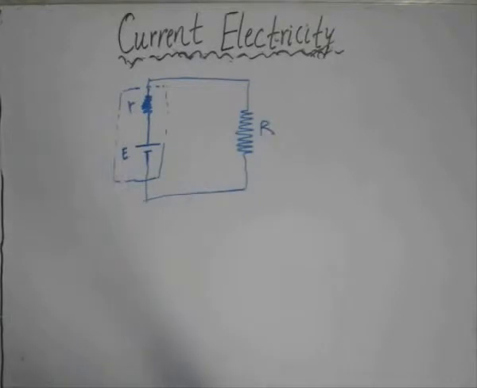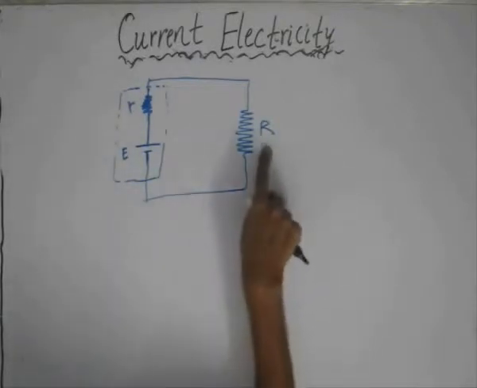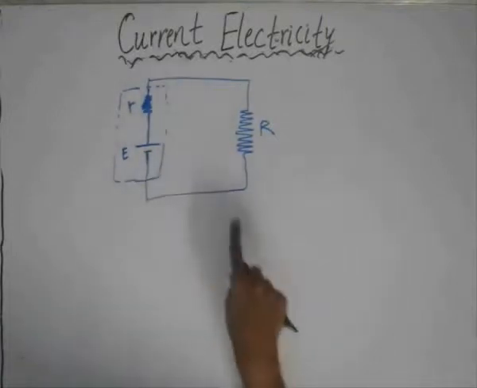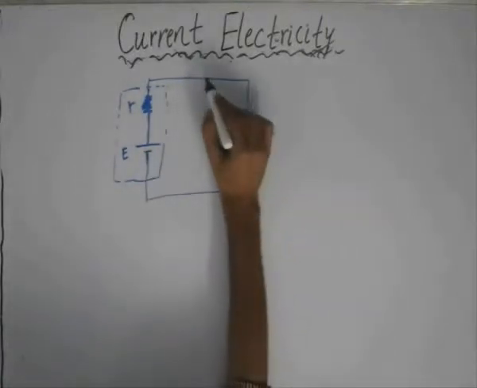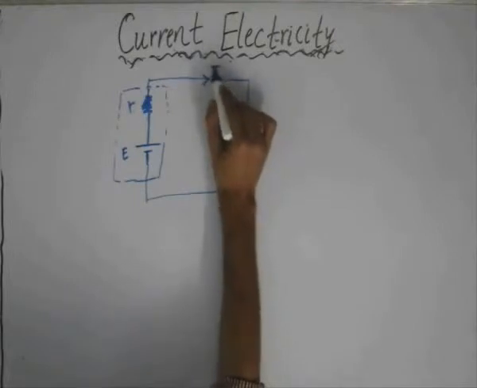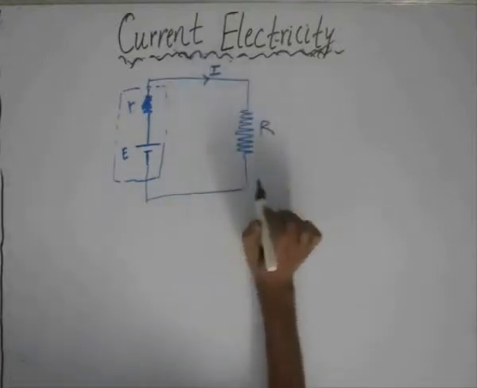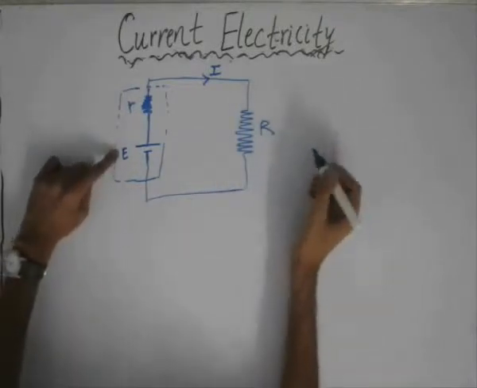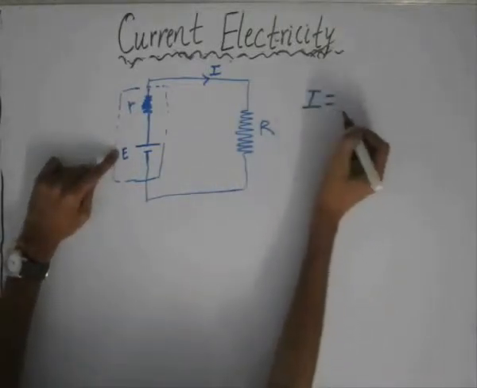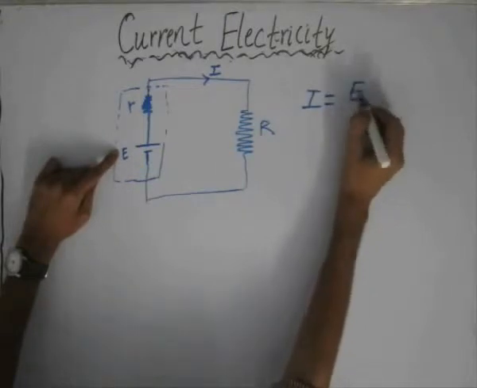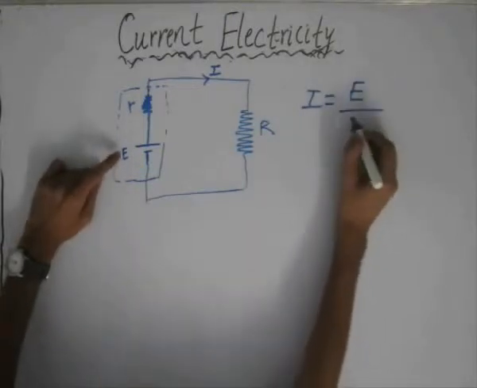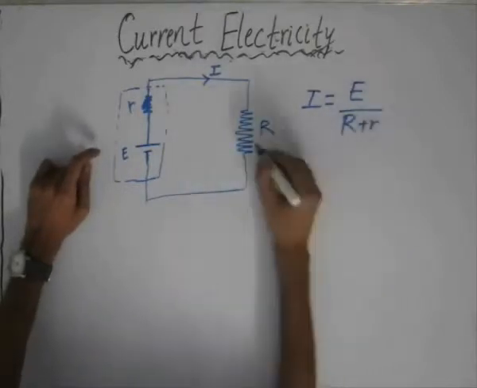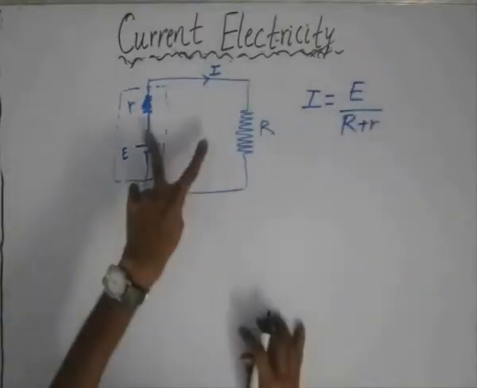In order to get the relationship between the internal resistance and the external resistance, we'll first solve for the power that is flowing through this resistance R. Let us assume that I amount of current is flowing across the circuit. Using Ohm's law, the current is the potential difference divided by the total resistance of the circuit. The total resistance is R plus r, since these two resistances are connected in series.